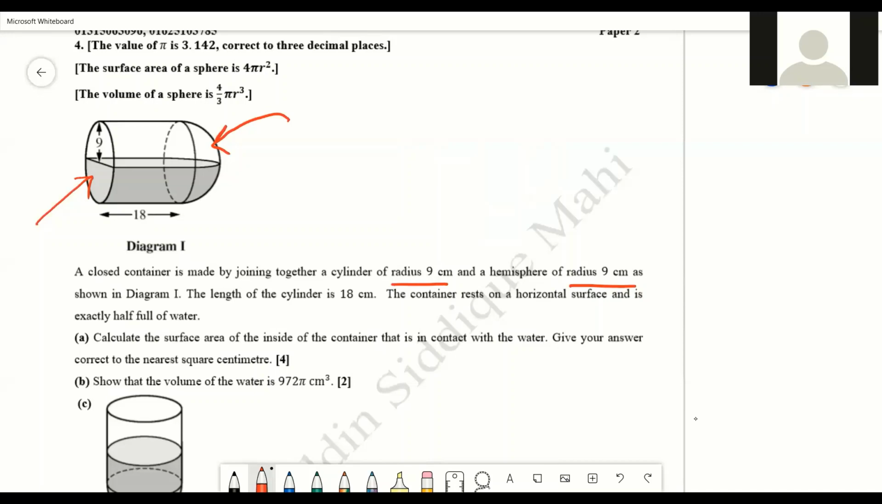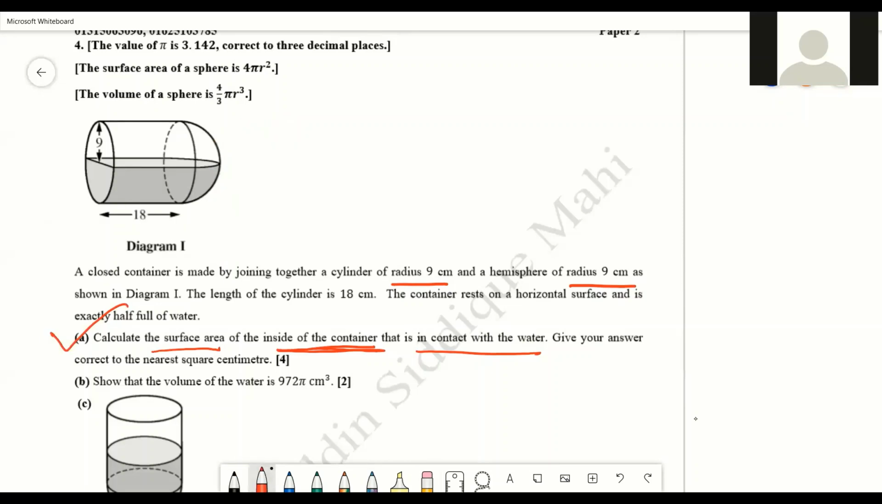So all the information is given. First question: calculate the surface area of the inside of the container that is in contact with the water. Give your answer correct to the nearest square centimeter. I mean, we can see that half of the container is filled with water, and we need to find out the surface area of the container that is in contact with the water. So if you want to solve it,